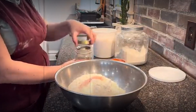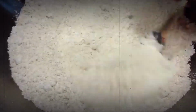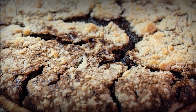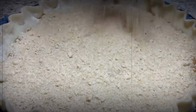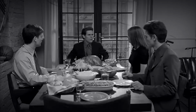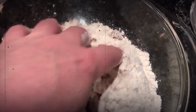The filling is a simple blend of molasses, flour, baking soda, and a splash of vinegar to balance the sweetness with a subtle tang. The crust is flaky but not fancy, meant to hold the dense, sticky filling like a warm hug. On top, a crumbly streusel topping made from flour, brown sugar, and butter adds a contrasting texture, a little crunchy, a little soft, and utterly comforting. It's a humble pie, one that doesn't need whipped cream or fancy garnishes because it stands proud on the strength